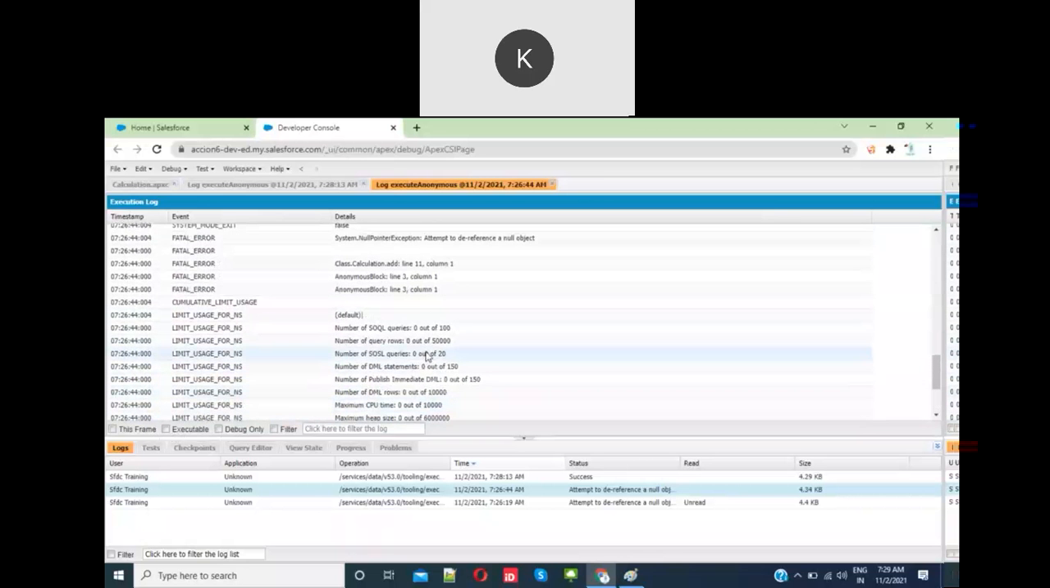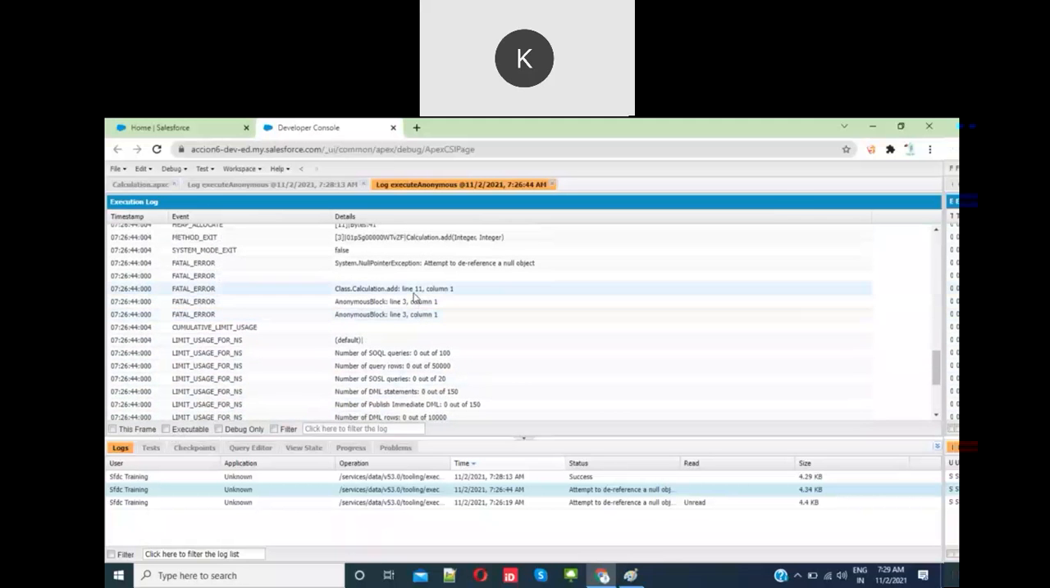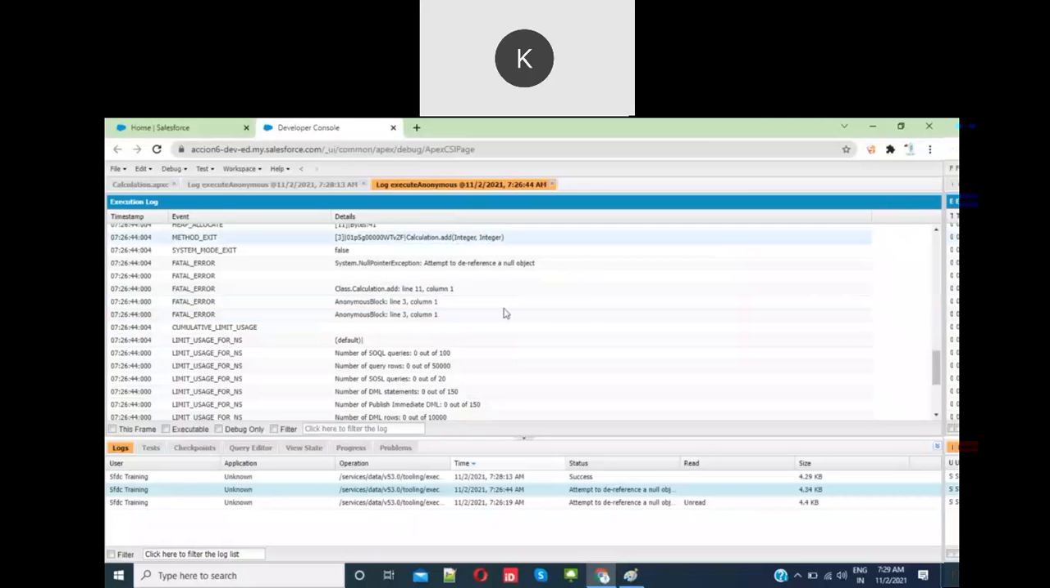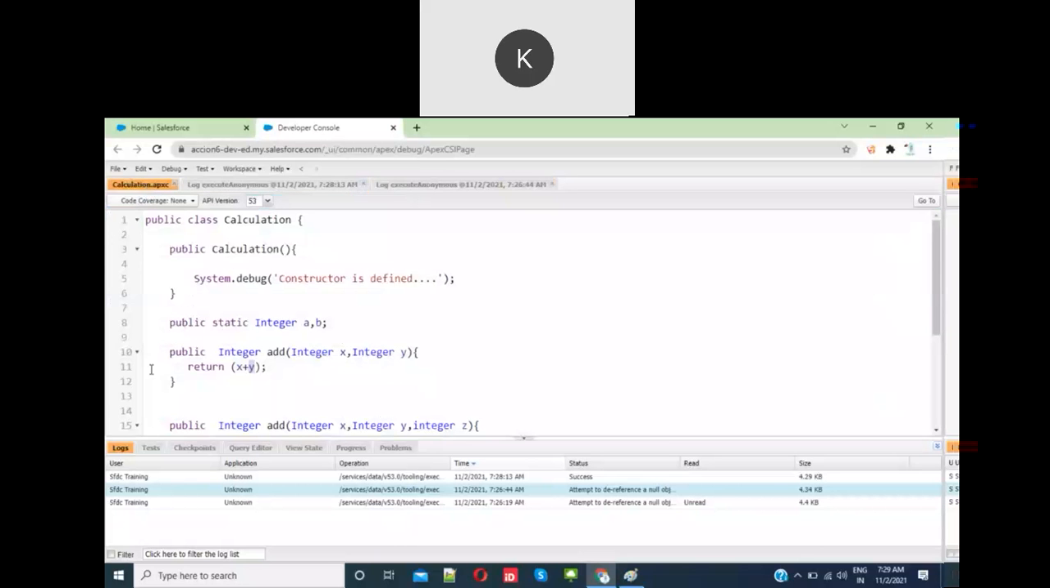And see anonymous block line number 3. Where this error is coming, you can see this error. Fatal error, line number 3, column number 1. At line number 3, this was the error. 1, 2, 3. So when you are calling at line number 3, it's giving the error. But where is it giving the exact error? Line number 3, when you are calling, gives the error, and that too at line number 11 of the calculation class. Here it was the error. That is how you have to understand the debug log